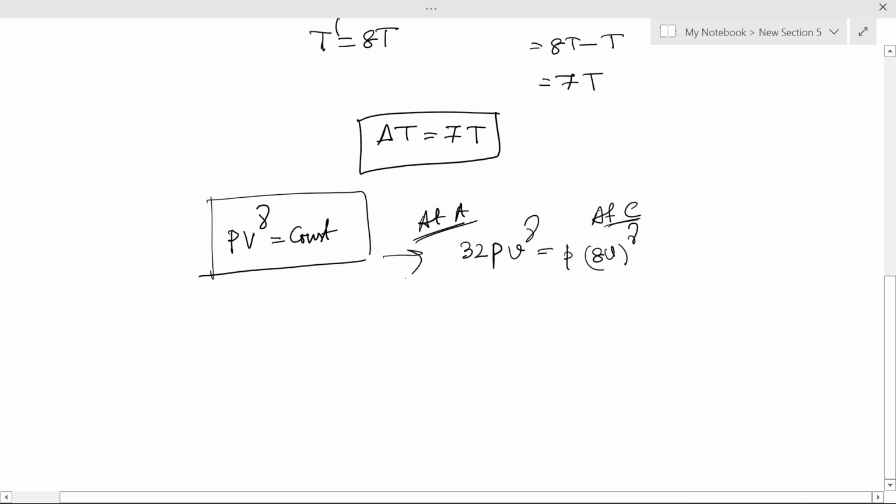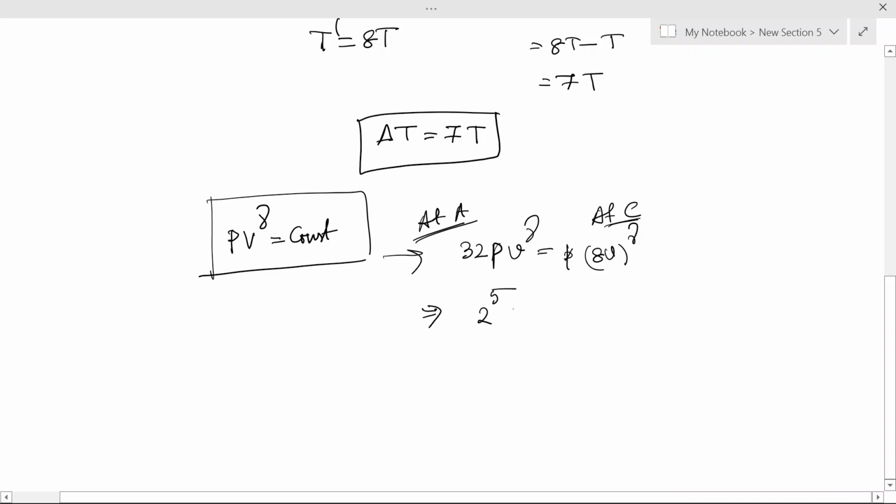Okay, so now we have to find gamma. So we can eliminate V from here. So 32 and PV to the power gamma is equal to P. I can cancel P. So cancel P from here, and we can write 32 V to the power gamma as